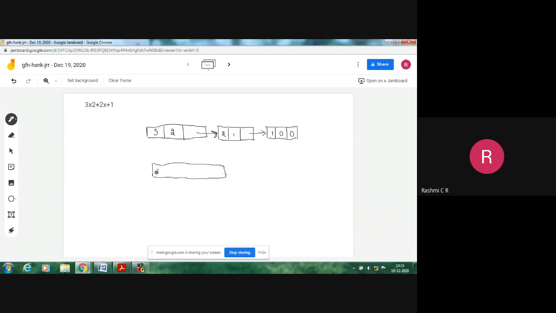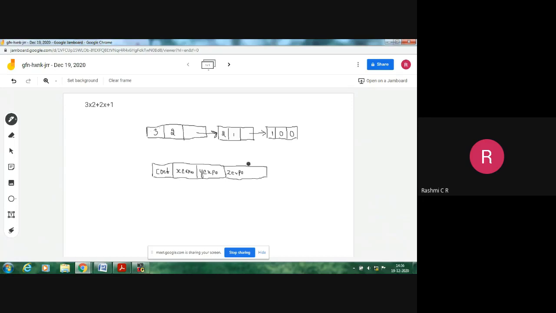First you will have the coefficient, and you have to indicate the exponential for each of the variables: x exponential, followed by y exponential, and similarly z exponential. I just indicated it as z expo. This is the exponential for z, followed by the link part.